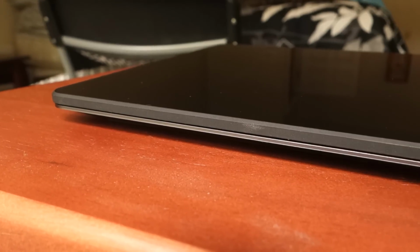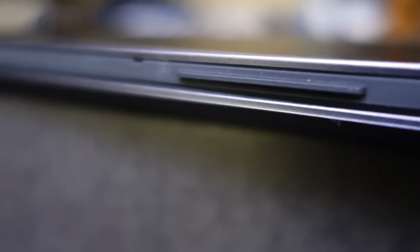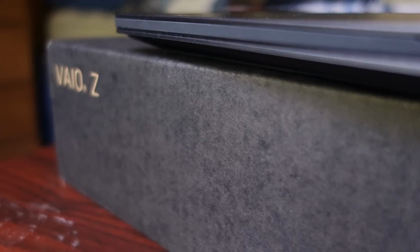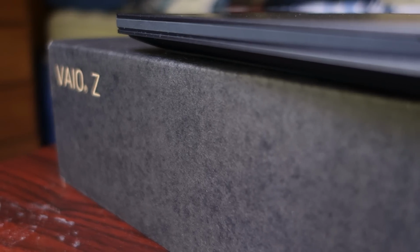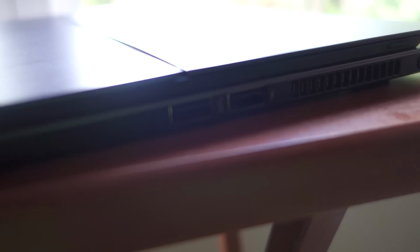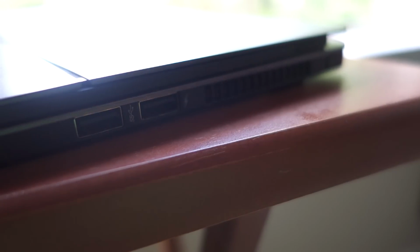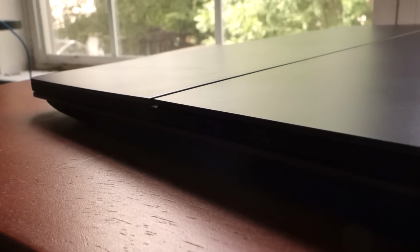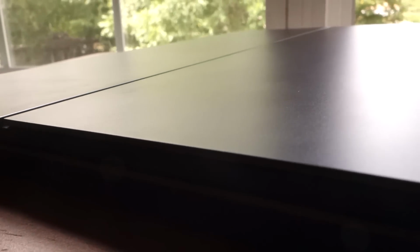And the hinge itself doesn't feel like it's going to break. It doesn't feel cheap. It feels very premium. And it works. For the first time ever, I may have finally found a convertible laptop that makes sense. This is the first convertible laptop that isn't an experiment. That isn't, hey, let's throw something out and maybe people will like this. This is a convertible laptop that takes everything great about ultrabooks, everything great about convertibles, and blends it into one